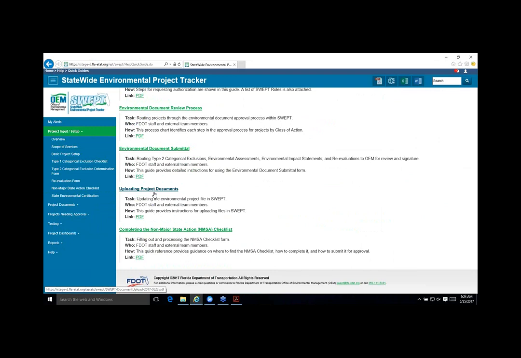The example is a bridge replacement that appears to have a federal fund number. Does the system know that if federal funds are somewhere on the project, non-major state action is not applicable? So the answer is, this is all test data that we're looking at on stage. So we're not necessarily handling those issues, but in the non-major state action, it assumes you know your FM and what you're performing a non-major state action on.